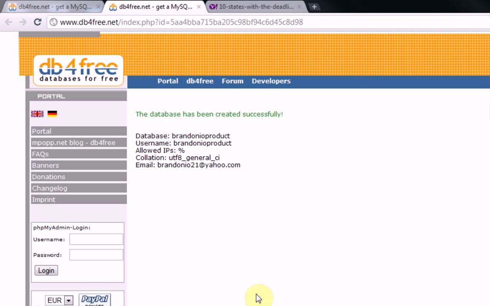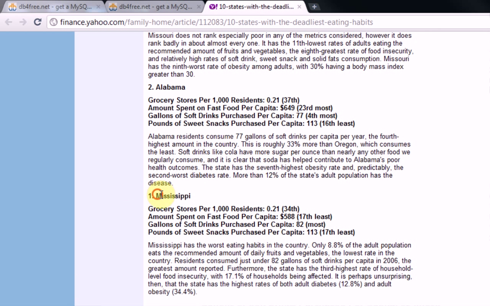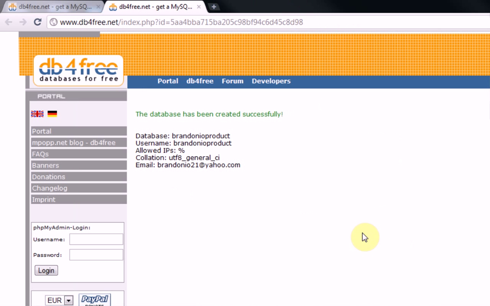It just sends you a simple email, and just so you know, if you live in Mississippi, your state has the deadliest eating habit. Okay, but anyway,